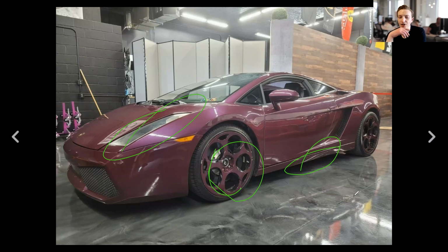Now this, as an aside, is not that uncommon for Gen 1 Gallardos. I owned a Gen 1 Gallardo. Its lights became kind of like this, not this bad, but kind of like this after a while. It's not exactly a cheap fix, but you can fix it by just replacing the lights. So not cheap, but easy is probably the best way of putting it. So if we continue around,